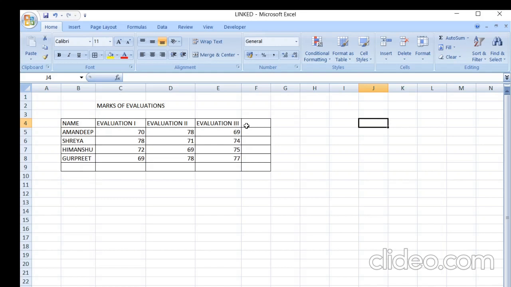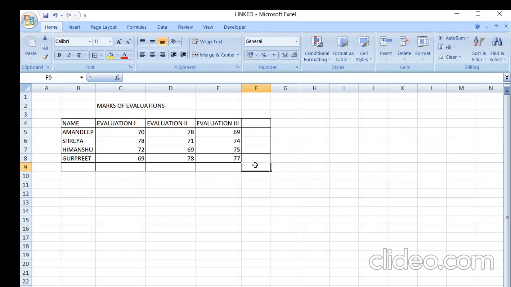You can say, ma'am, we could have done it here, right? Yes, you can do it. But sometimes your data is in a scattered form, in a different form. Your evaluation 1 is in one sheet, 2 is in another sheet, 3 in different sheets, and you need to link so that you can show it in the report card. Sometimes data is in multiple sheets and, for reducing the error, you want to keep it separate so that once evaluation 1 marks are over, nobody can touch it. So you can do it by creating a link between workbooks.